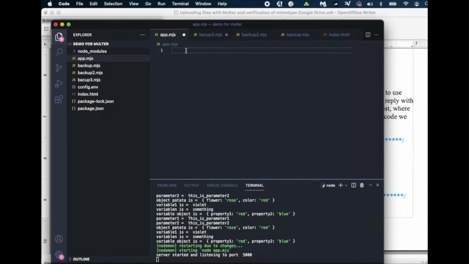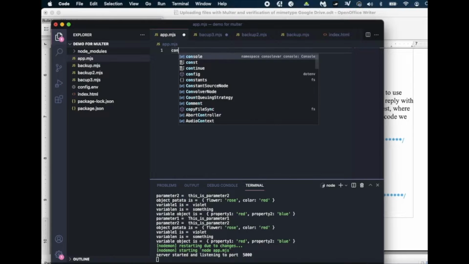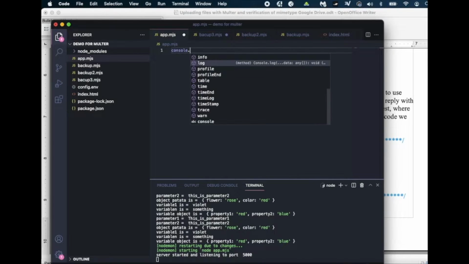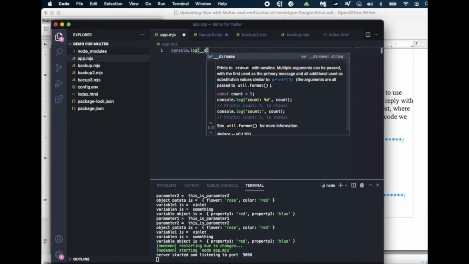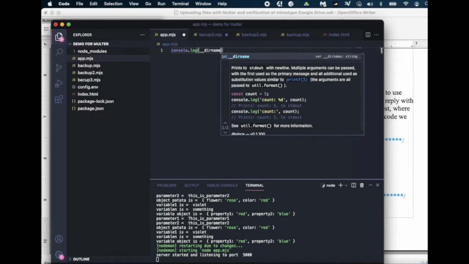Let me demonstrate this. We can do something really simple. We can do a console log, and we can do __dirname. That's supposed to exist, correct? And when we run this, we do Alt S,